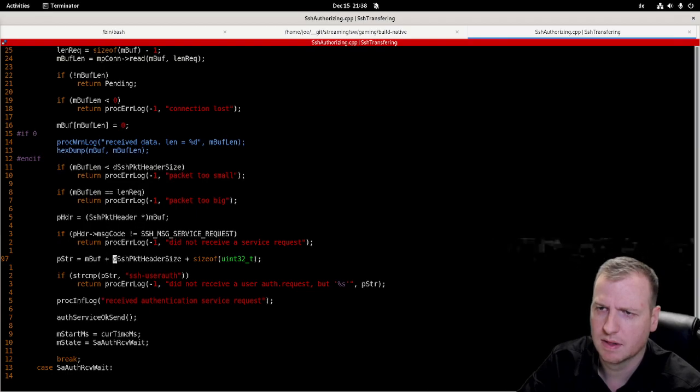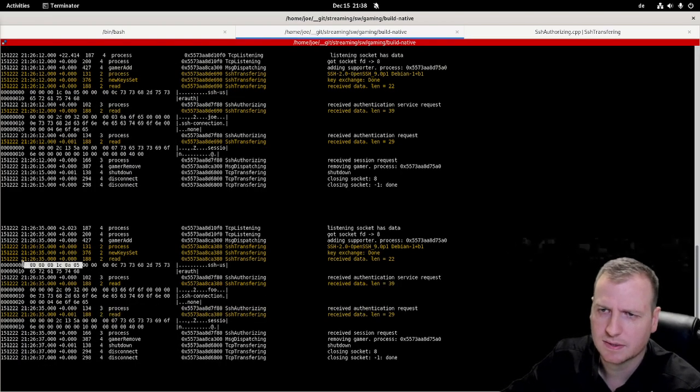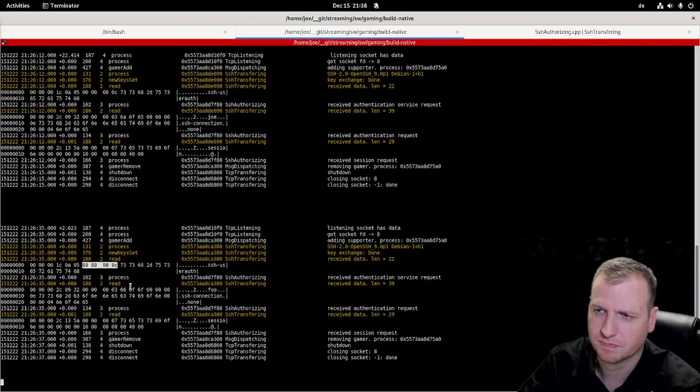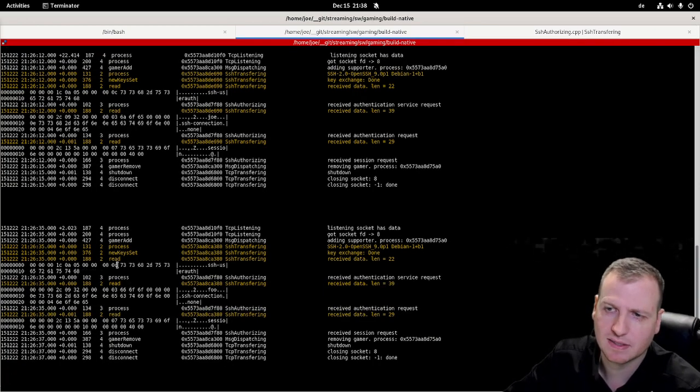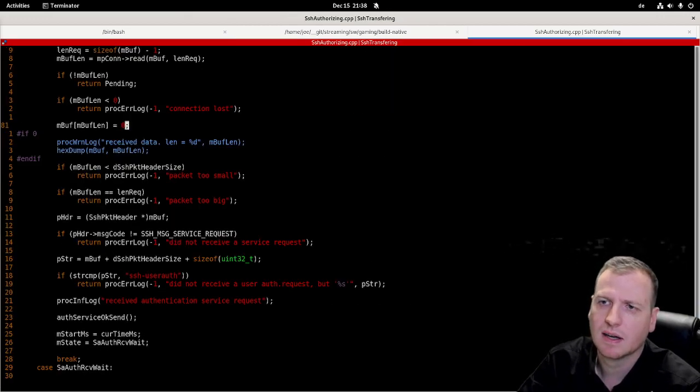This is the start, then this is the length, 6. And then I increase the pointer even more by size of uinteger 32, so by 4 bytes. And then I'm with the pointer at this point. And because I have 0 terminated the buffer,